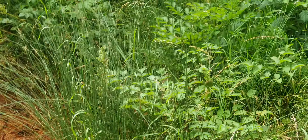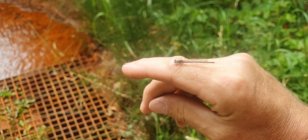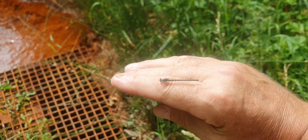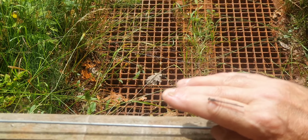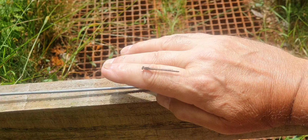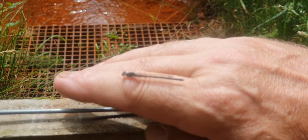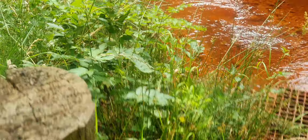Yep. Look at that, it's just landed on my hand. Can we see it in focus? Just landed on my hand. I can't touch the screen to get it in focus. I'm trying to put my hand on the fence, keep it steadier. How nice is that? I'm like a wasp or something trying to land on my shoulder. Over to the side. It's gone. Whatever. But getting back to the...